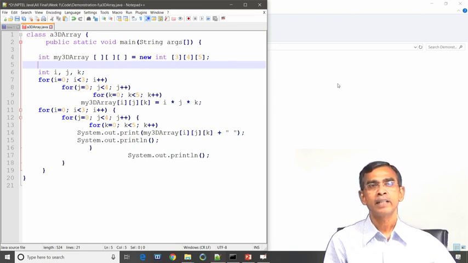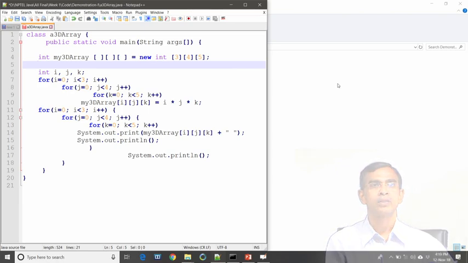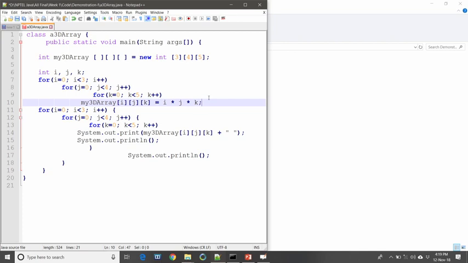Anyway, now let us see how we can initialize. You can read, the total number of elements which can be stored in this array is 60. Typing 60 elements from the keyboard is sometimes very difficult. So, we are just using 3 for loops to initialize this array. Now, to initialize this array, I use a nested for loop.